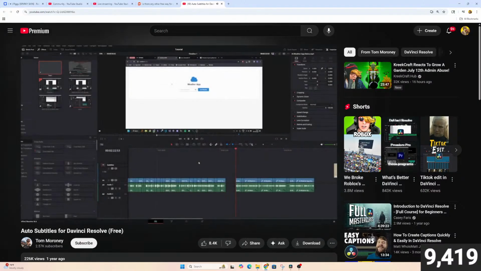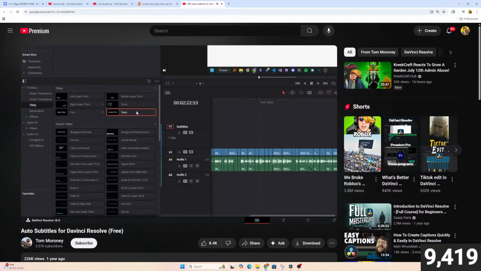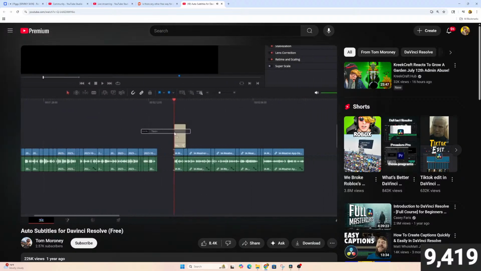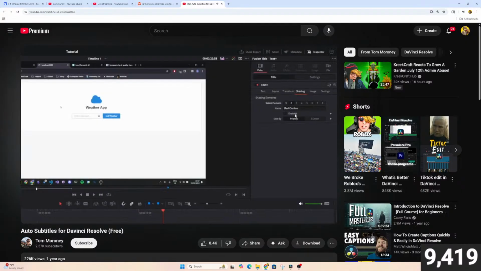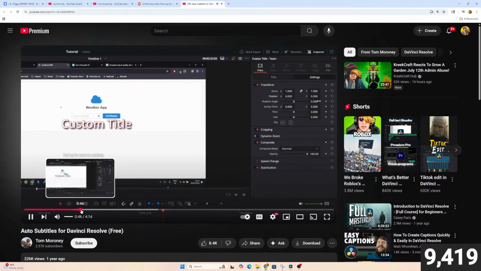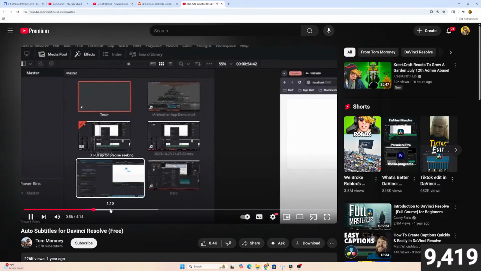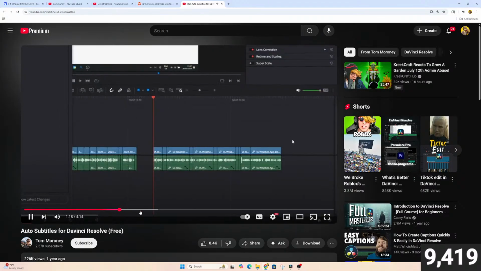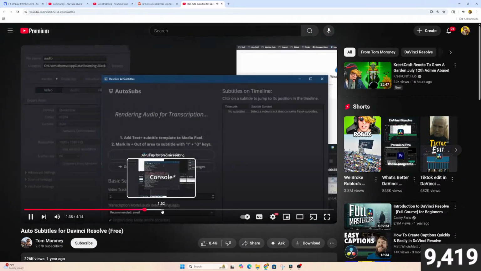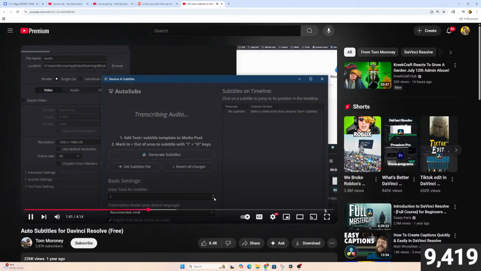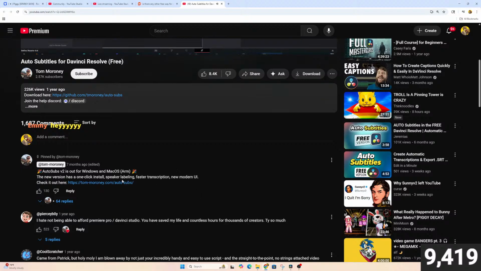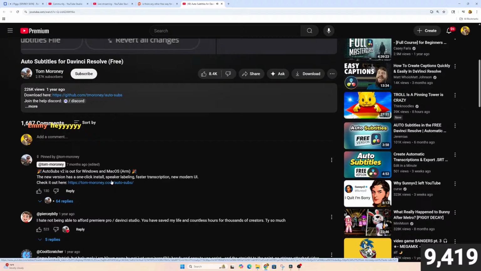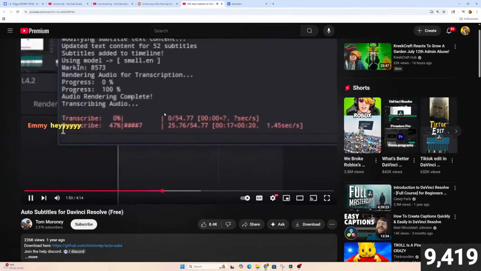Now I'm going to show you how to use it. The first thing you need to do is go to Titles and drag a text plus object onto the timeline. This is going to be your template for the subtitles, so you can customize it to your liking. You can add an outline and a shadow and delete it from the timeline. Now that it's in the media pool, it can be accessed by the script. I'm going to mark this area here. To do that, I'm going to page and render the audio. Once it's rendered the audio, it will move on to transcribing that audio into text. Don't be afraid if it opens this terminal for a few seconds. That's just OpenAI Whisper doing its thing. If you want to see more granular updates, you can open the terminal. As you can see here, it says